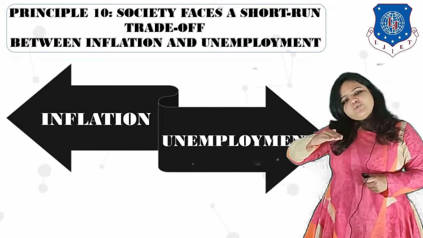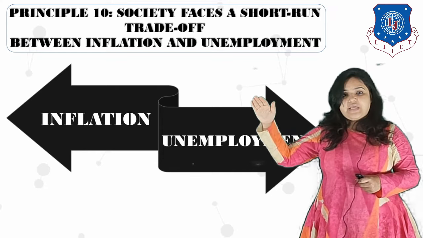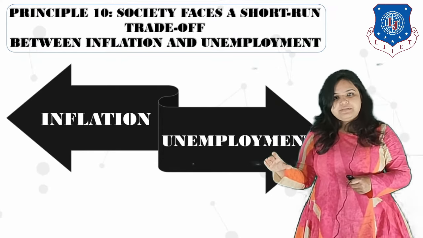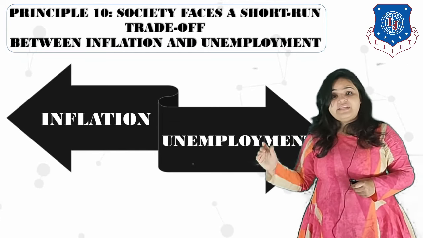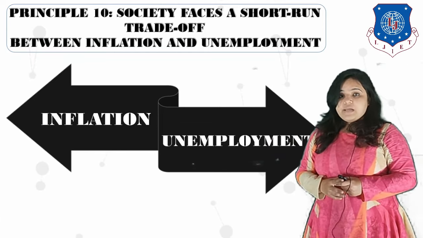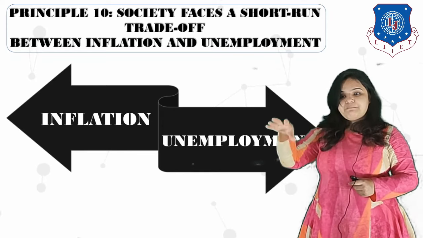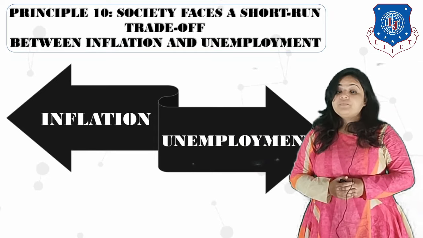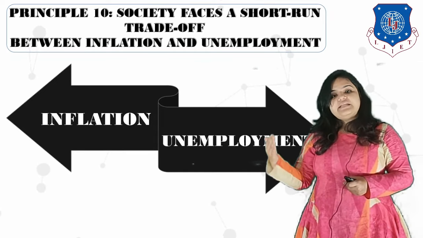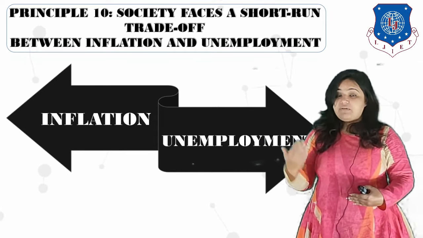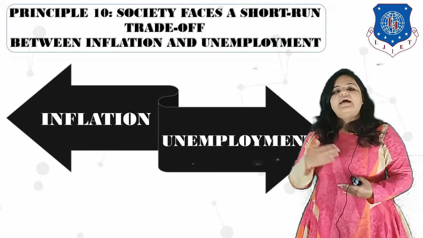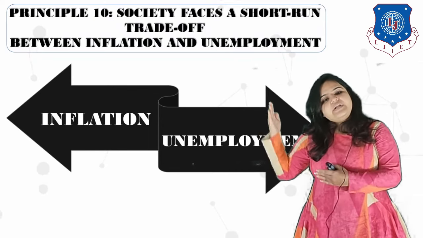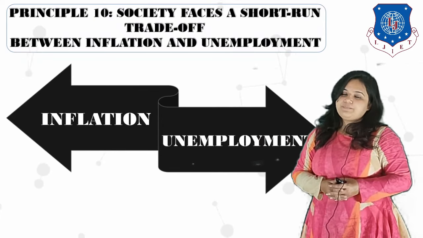So if there is too much inflation in the society, the government will try to reduce the jobs people have. It will try to create unemployment. It will try to make sure that fewer people get money. For that, they must be fired from work. This will lead to a decrease in inflation because now people have less money, and that is why they are ready to pay less, and that is why it will help in decreasing inflation.